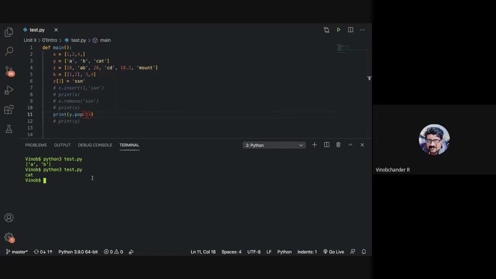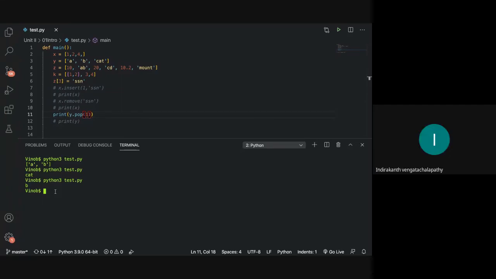In this case, the element 1 is B. Am I right? Yes, sir, it's B. So pop without any parameter removes the last element, right?